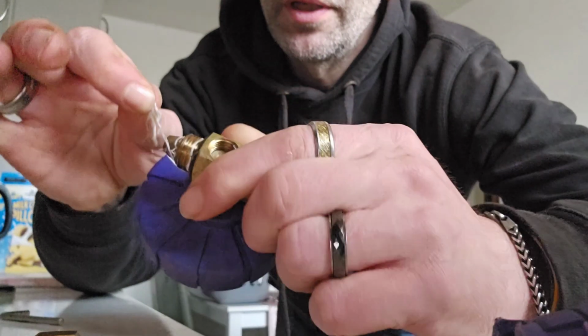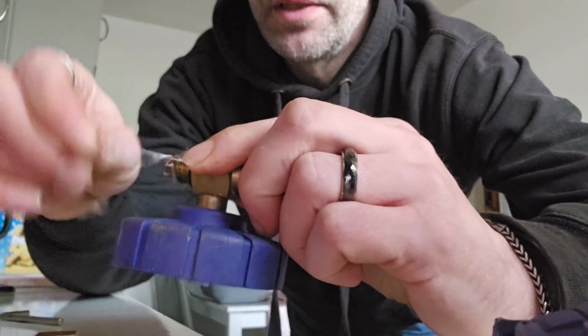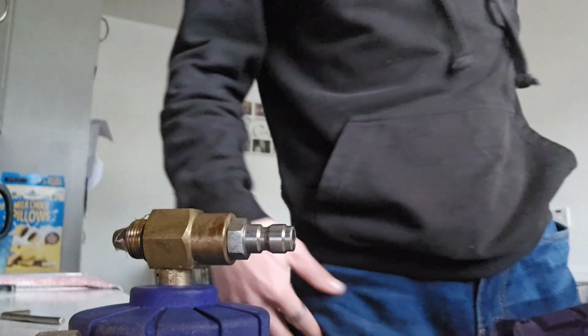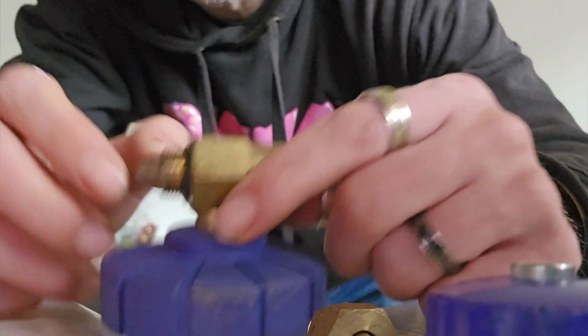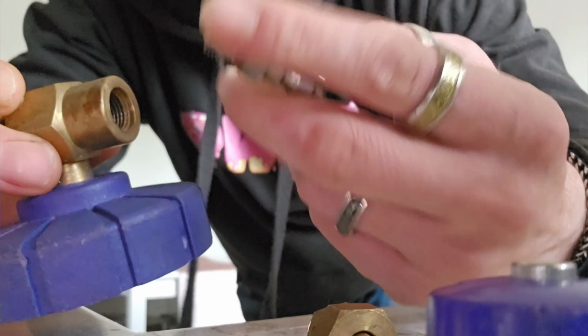Now, we are going to have to replace all this PTFE tape on here. Hopefully, it stops raining later, and then I can demonstrate that this is working correctly. Let's find some PTFE tape. Right, so I've got some PTFE tape here. While we're also here, if you take out, you see this bit sits in this end, PTFE tape